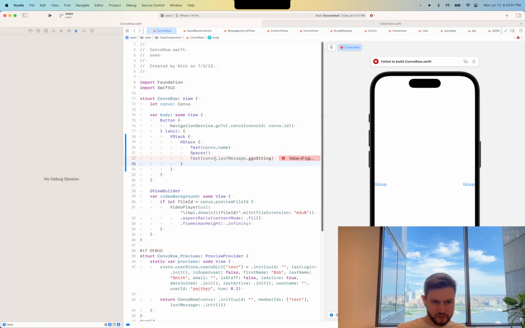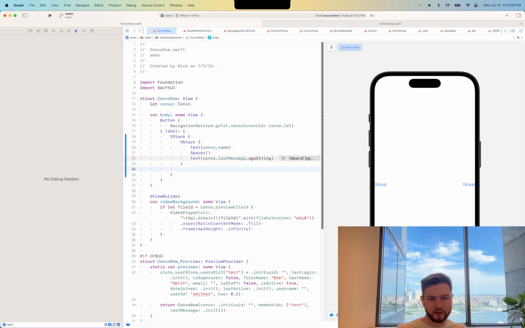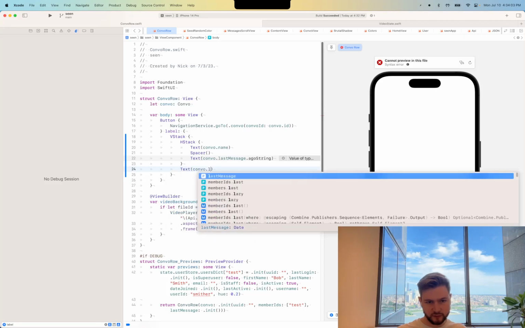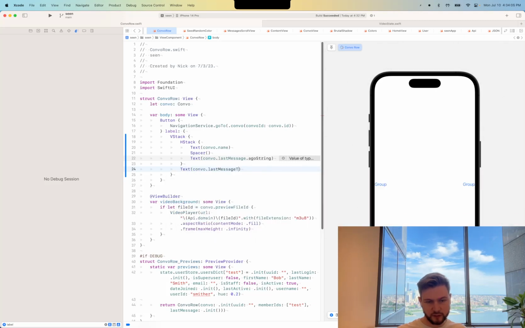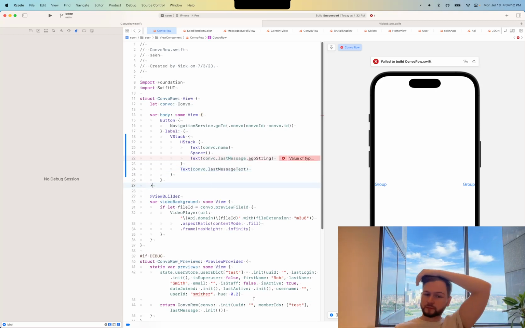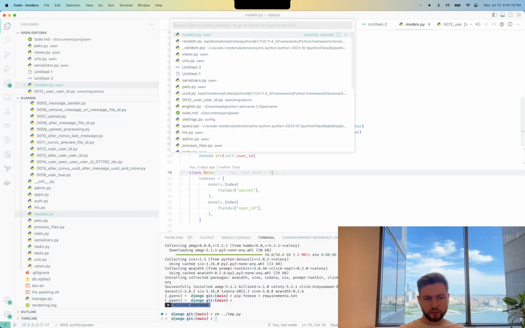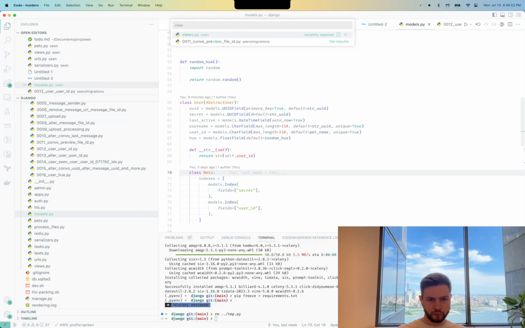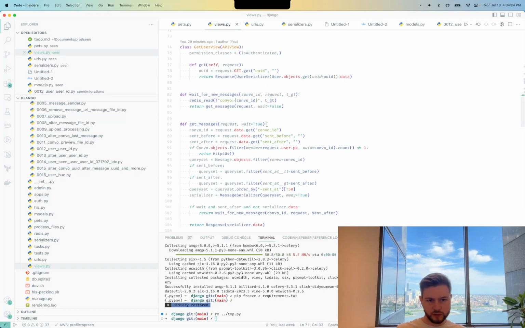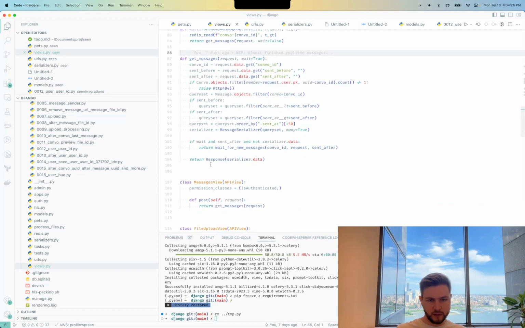Go string is a service that we'll write in a minute, and then we have the text.convo.last message text, which is also something we need to write. How about we go ahead and go to views and make